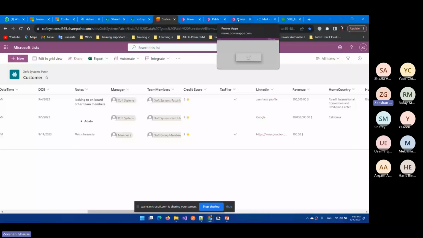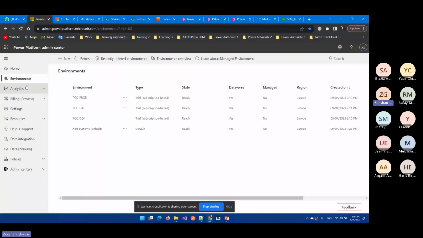These users, how can I show you? Let me show you the different users. If you go to the Microsoft 365 Admin Center,